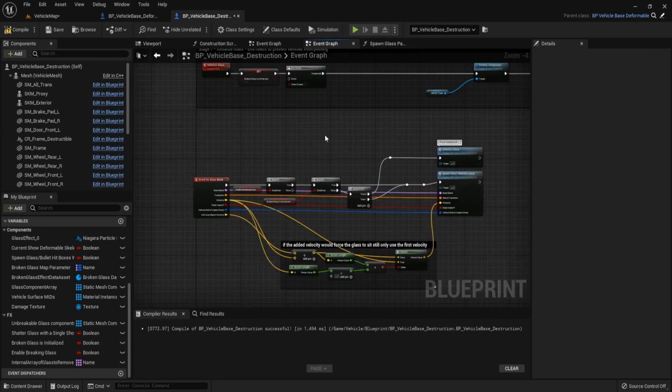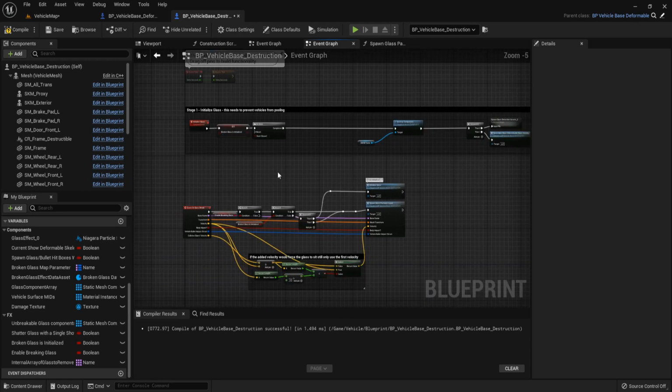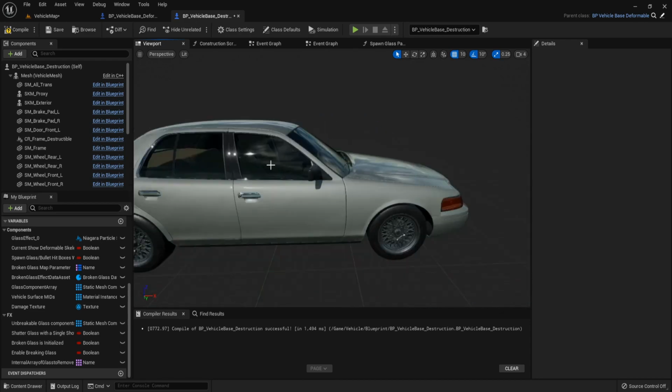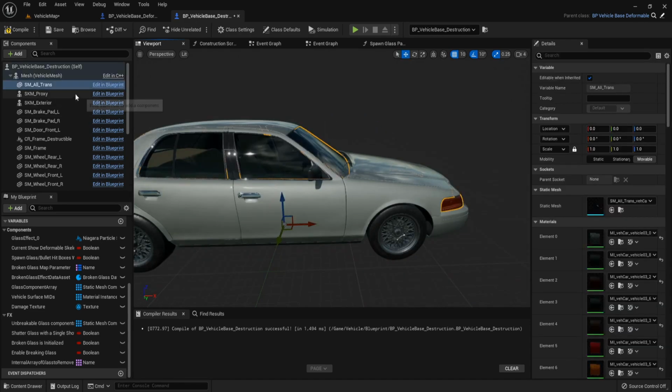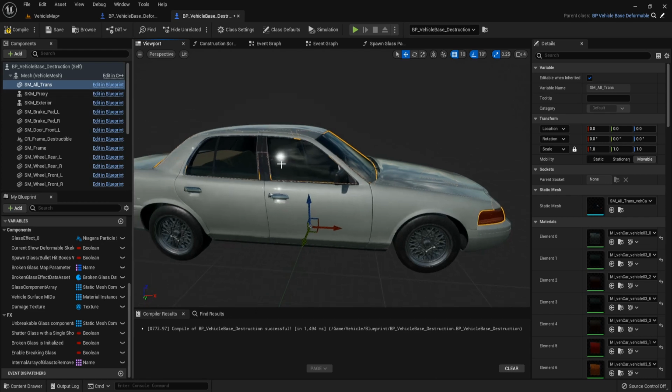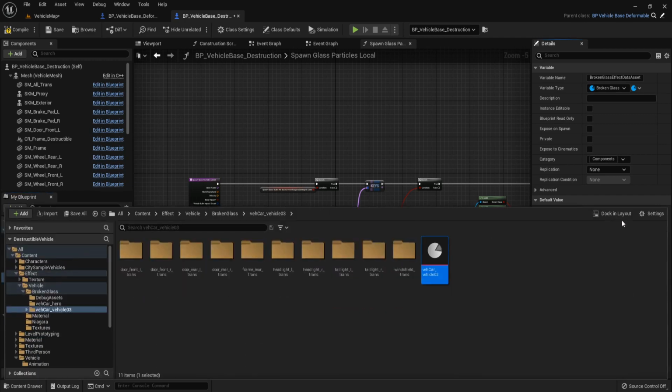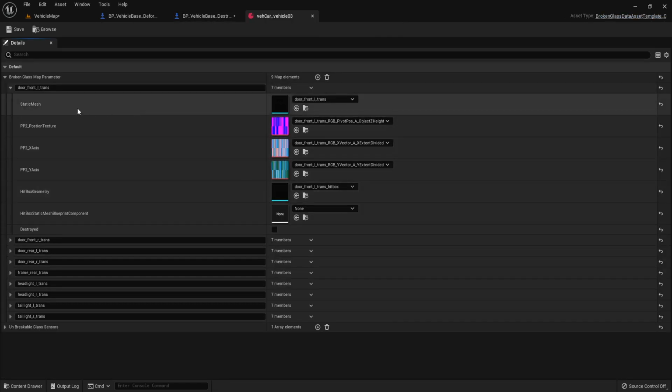You can see that when the vehicle hits, we delete this SM all trends and spawn the glass part by part for the door and the line by using this broken glass effect data set.